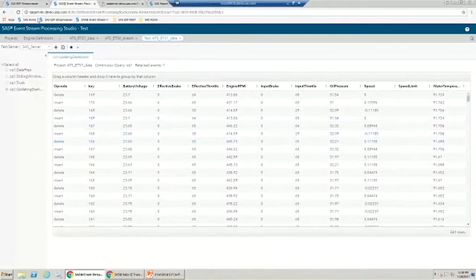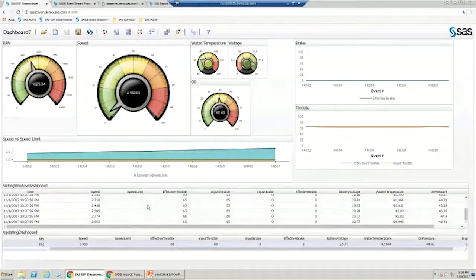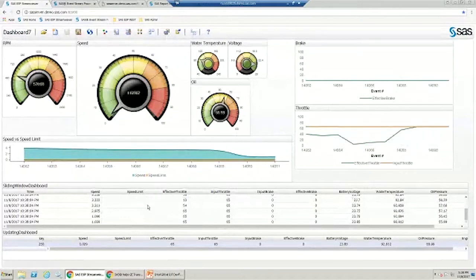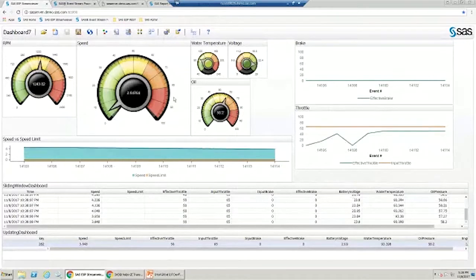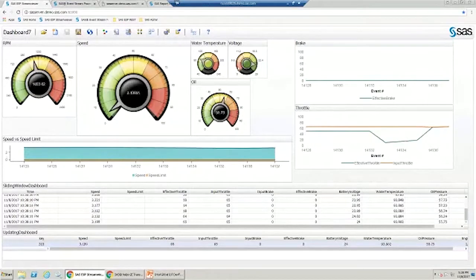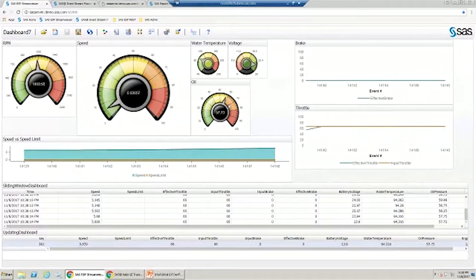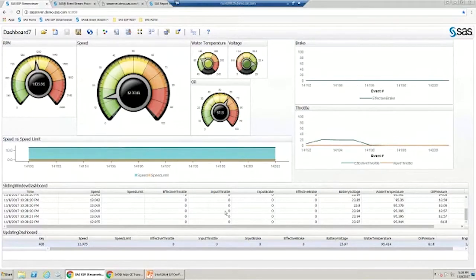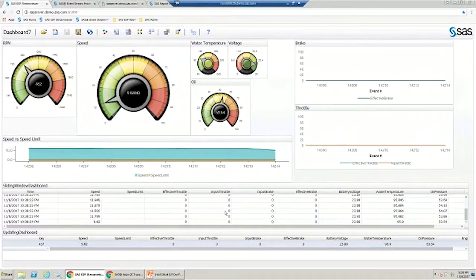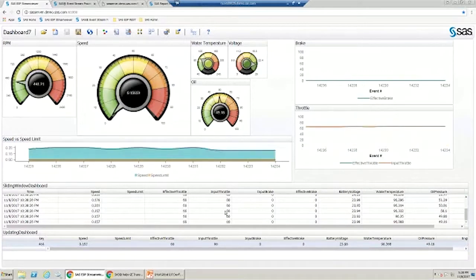As we move over to our stream viewer, we can see that data streaming through our visual dashboard and taking that information in. We can monitor the things that are going on in the vehicle, like the RPM, the speed, and take a look at things like the temperature, voltage, and oil, and start to get a good idea of what's going on. So this is something where we could relay some of this information into our analytic model and provide it back to the data center if we need to monitor these types of stats in real time.